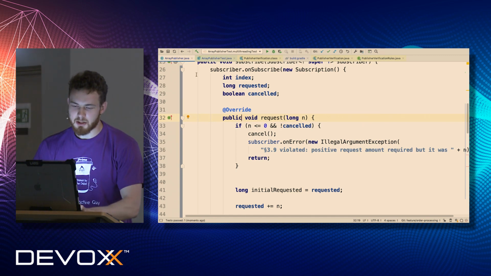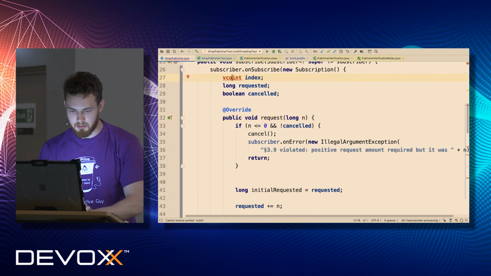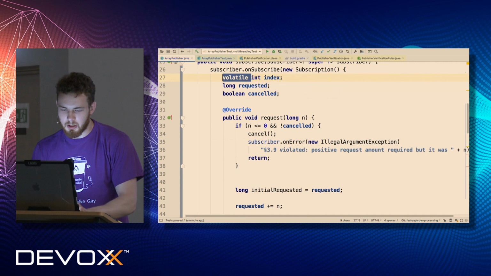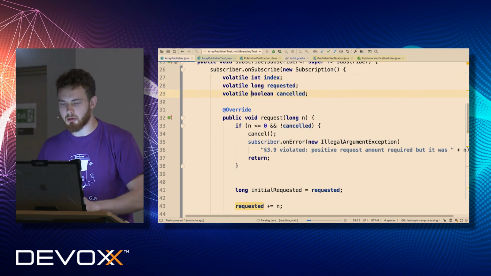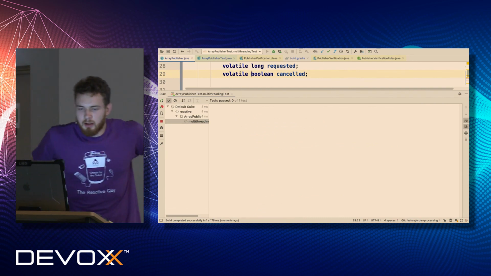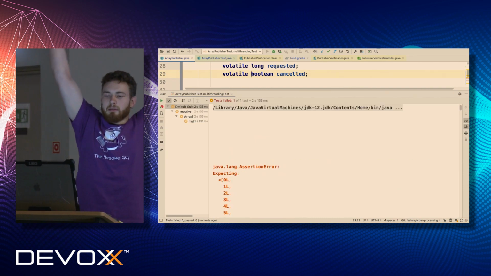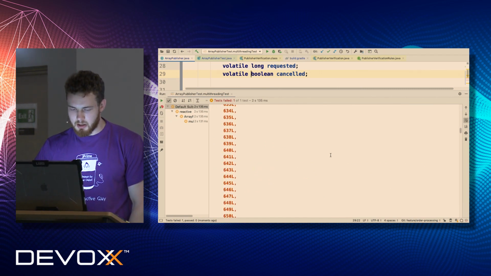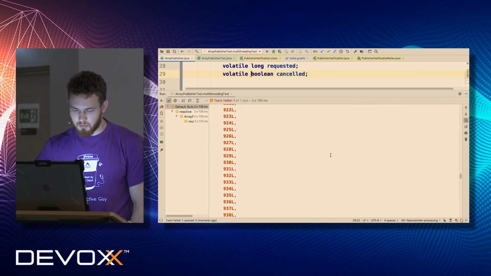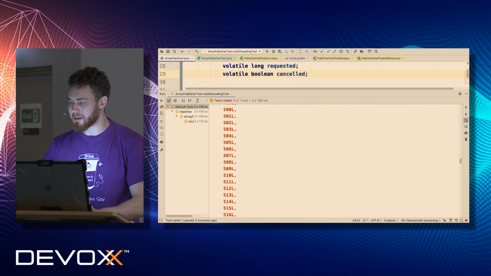Volatile, right. So let's make all of our fields volatile. Why not? Let's do some dummy steps to figure out what the correct solution should be, and let's run our test. But again, the same problem. We expected n elements, but we got fewer than expected.